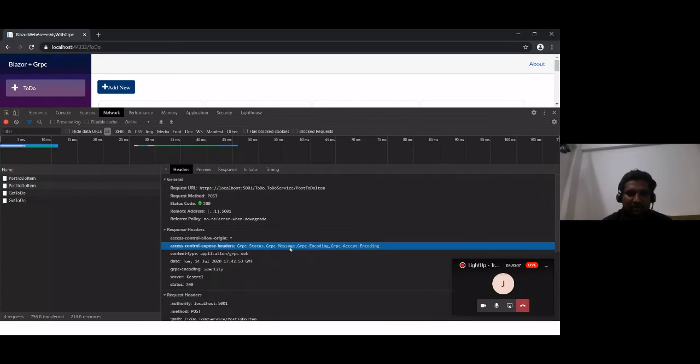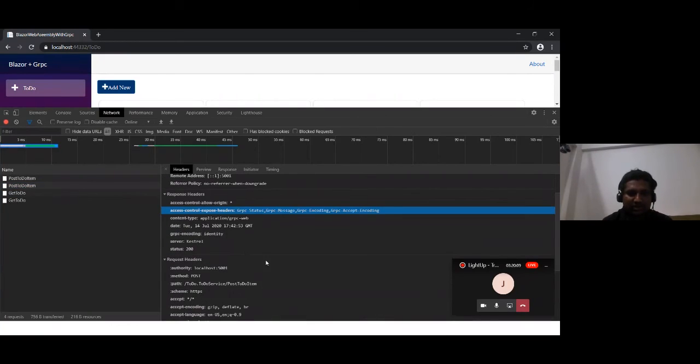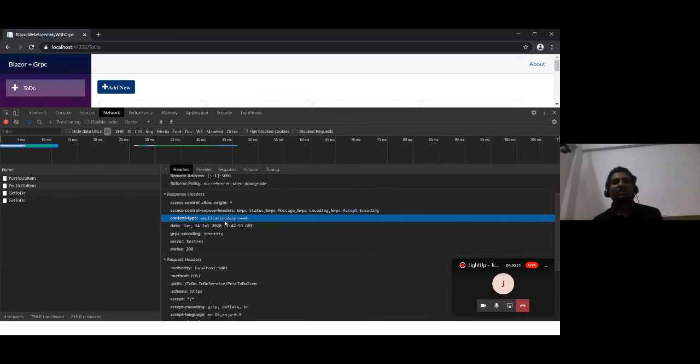Not this, yeah. So here it is, the content type. You can see the application slash gRPC web.